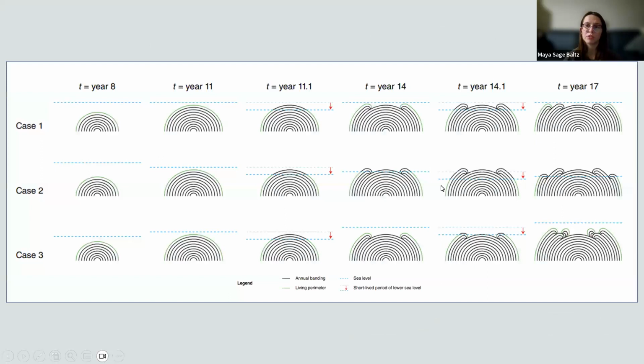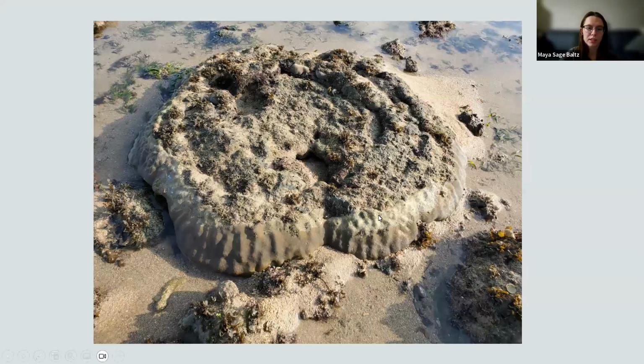Coral microatolls are coral colonies that grow in shallow water. The coral grows in a hemispherical shape, as you can see here, until it hits sea level. The exposed parts die, but the rest of the microatoll continues growing upward and outward. This leaves an oftentimes visible effect on the coral's morphology, as you can see here. This creates a record of the sea level the coral experienced, and the remains of the coral last a long time, thousands of years. Unfortunately, these remains can be eroded or for other reasons are not symmetrical or be somewhat